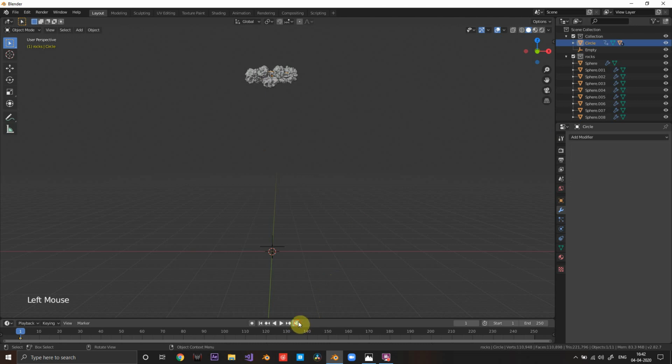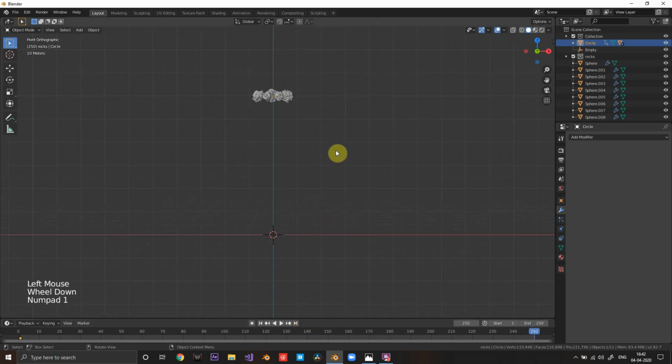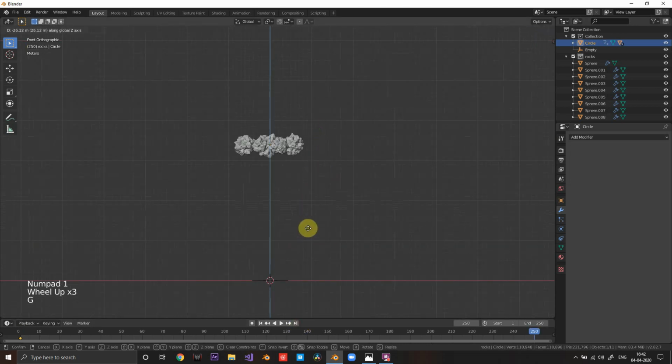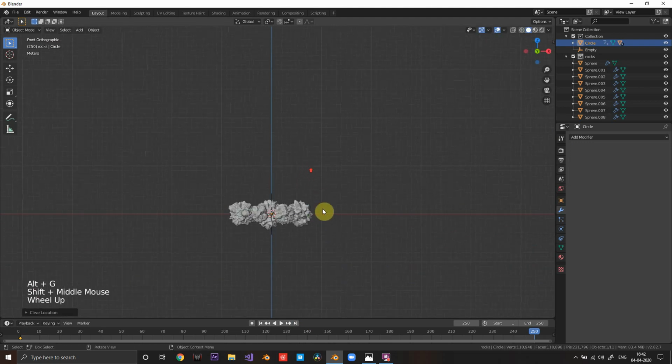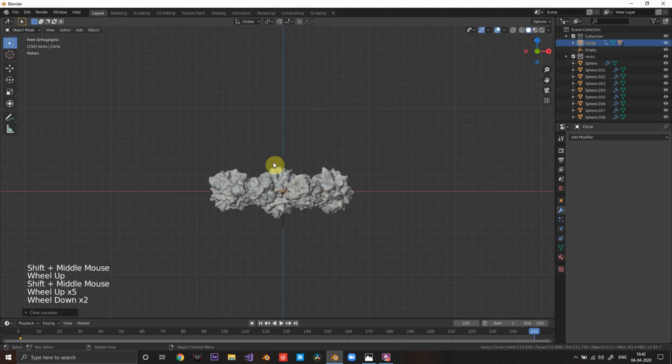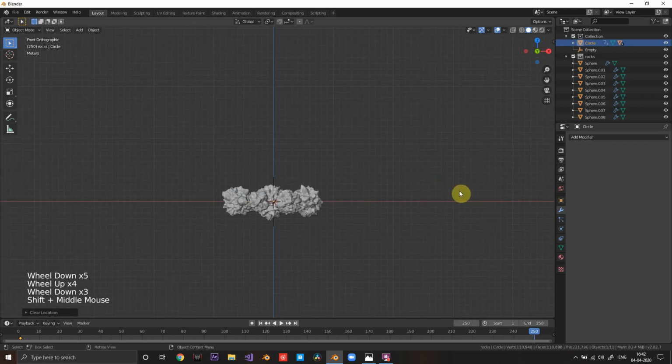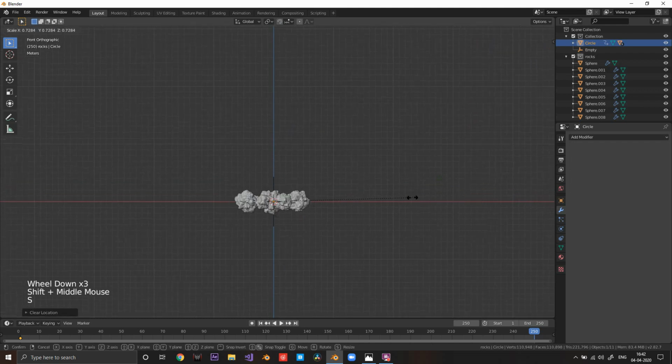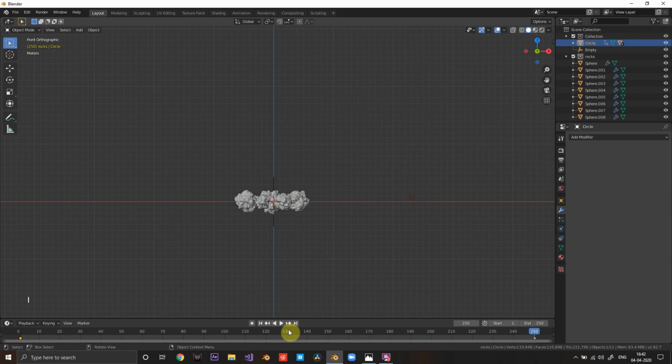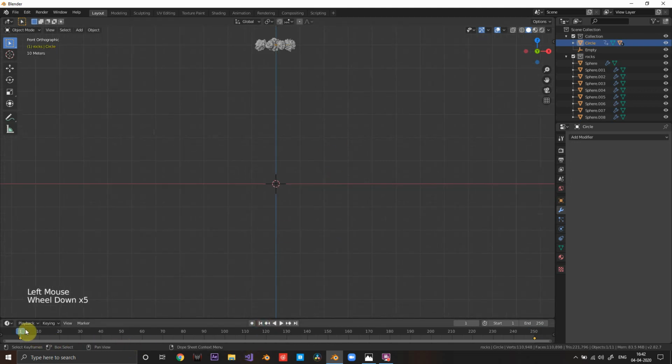That's a keyframe, and I'm gonna go to the end of our animation, and I'm gonna hit Alt G to make it come down to the center, and I'm gonna scale it down just a bit, and I'm gonna set the keyframe again. Now you can see that we have animated our